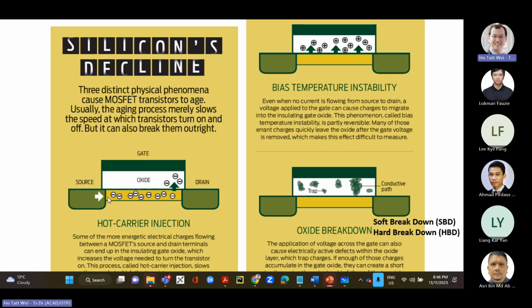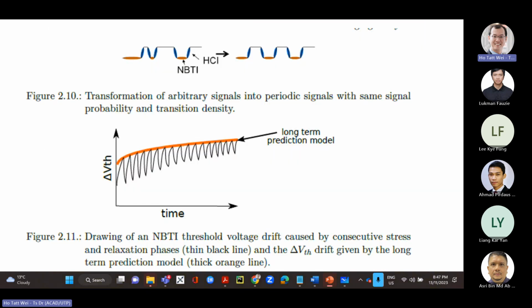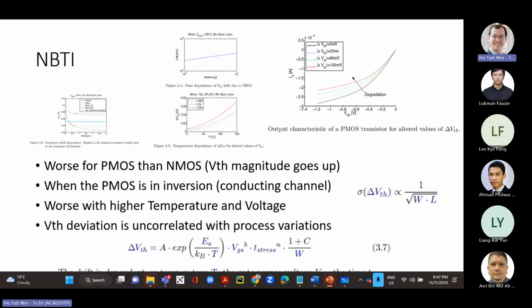No, the same voltage will actually give the channel a certain number of charges. But because there are some charges stuck in the oxide, even if you apply a voltage across here, the effective voltage seen in this channel is less. The effective voltage difference. That's why it seems as if the threshold voltage is changed. It's not actually changed, it just looks like it's changed, and we can model that as a delta VTH. It's just the way we model it.